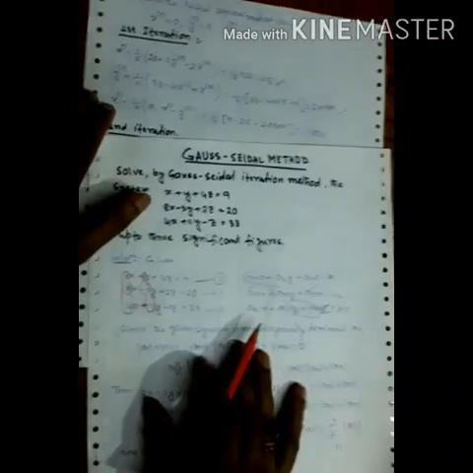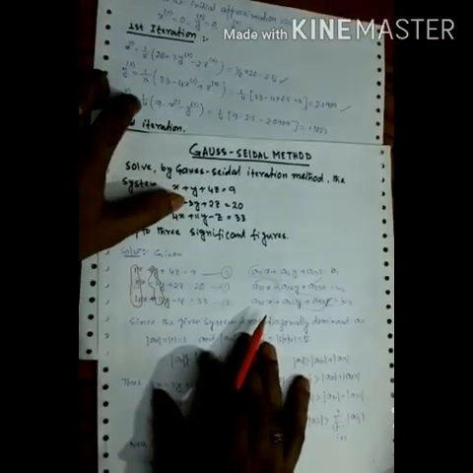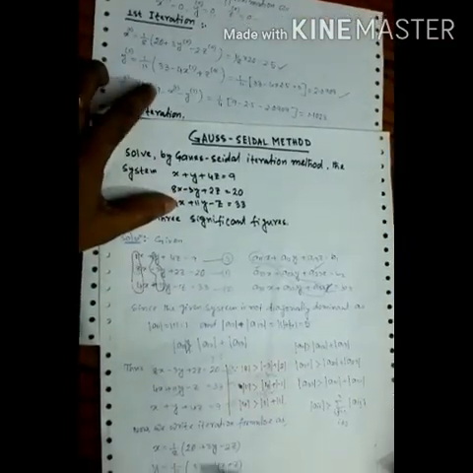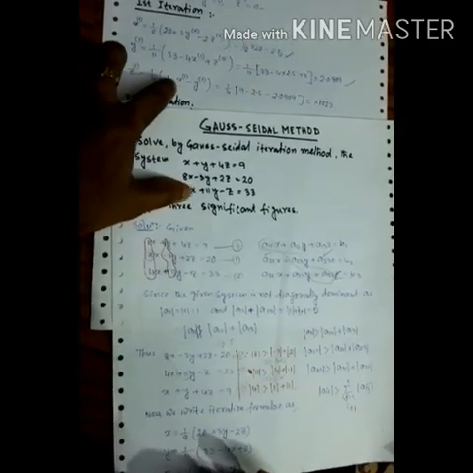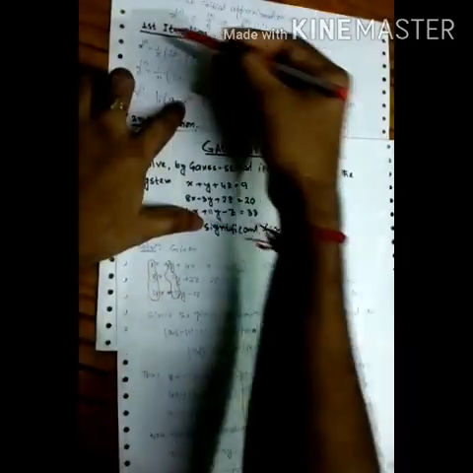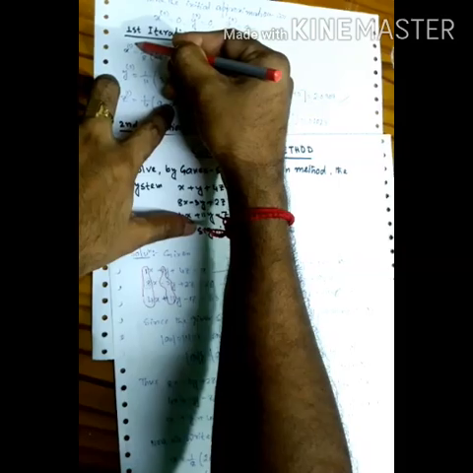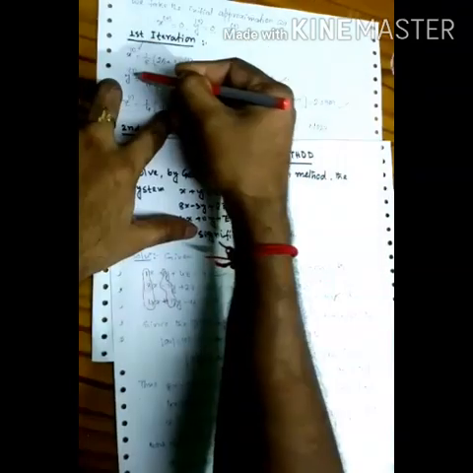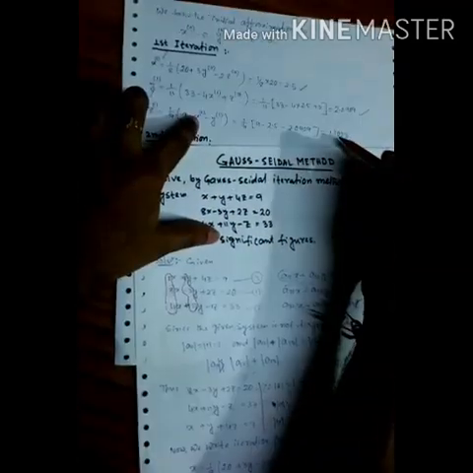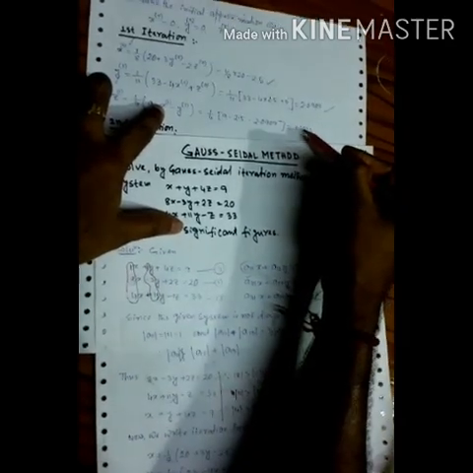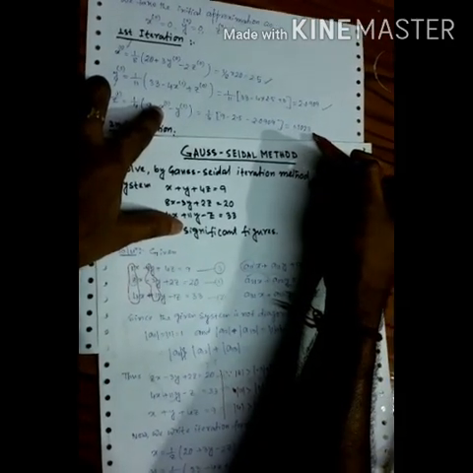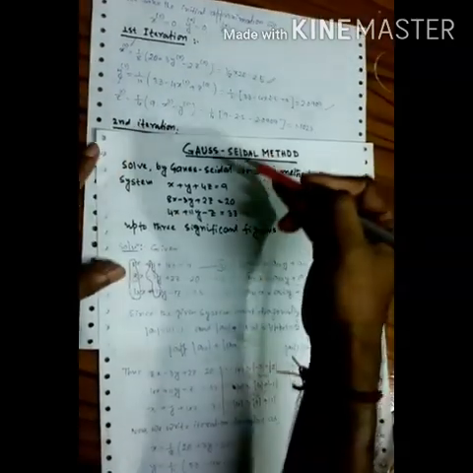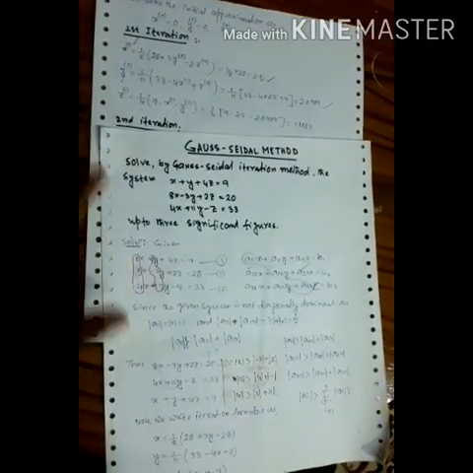Similarly, z at 1 is 1 by 4. Now go through this equation. 1 by 4, 9 minus x at 1. X at 1 means the previous values. Similarly, y at 1 in previous value, just putting all these values, I think we'll get 1.1023. After that, for every iteration, we construct one iteration table, this table.